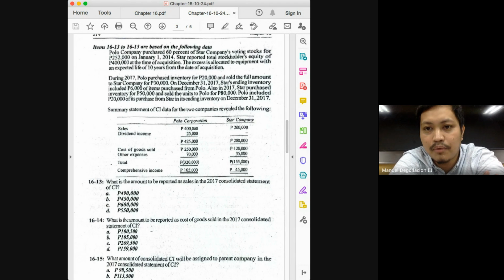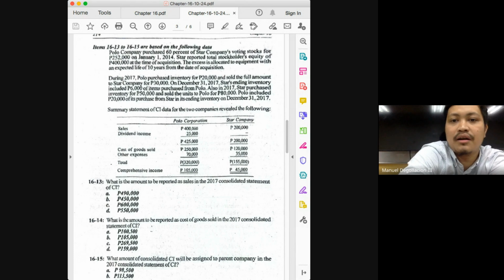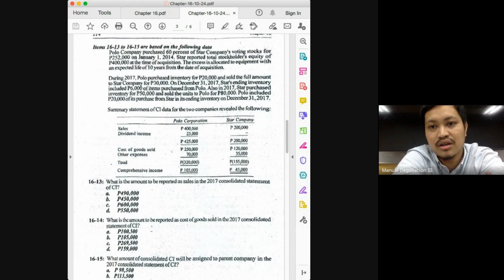We solved for the markup on the 6,000, class. What do we need? We already have the ending inventory. What we need is just the gross profit rate. How much was the intercompany sale from parent to subsidiary? 30,000. How much was the cost? This is the 20. So just use the fraction. Fraction-wise, the markup rate is 1/3. So how much is 1/3 of 6,000? 2,000. Okay? This is a markup on ending, so this would be added.